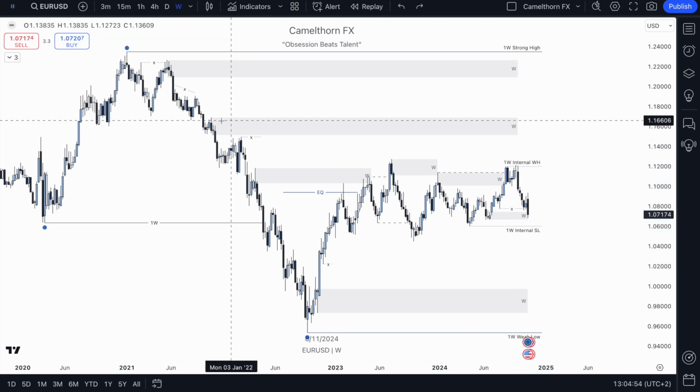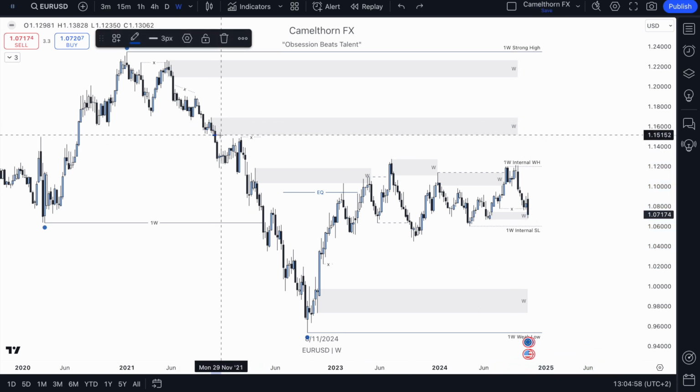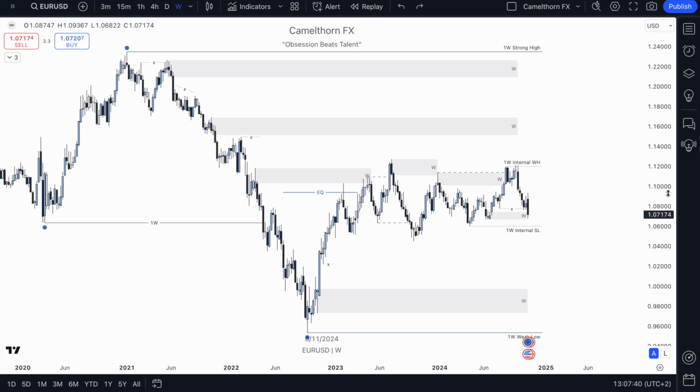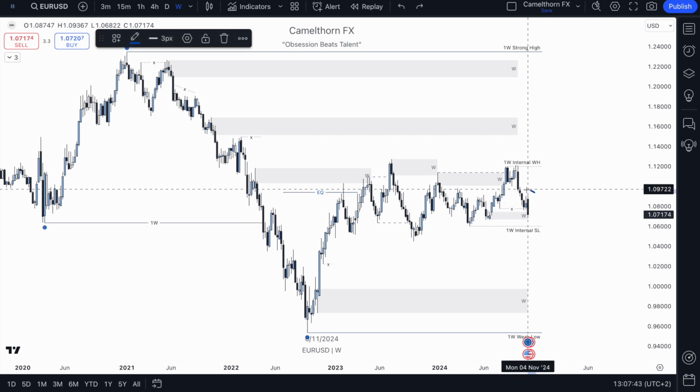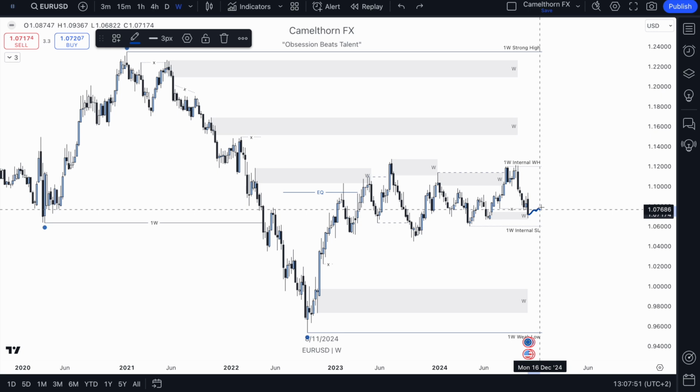And the reason I say that is because it is a well-priced POI that still has a little bit of imbalance left over, and that has this liquidity pool that sits just below it as well. Another thing that could happen in this area though, particularly because of the introduction of this strong bearish pressure this past week, is we could just see a very short-term bullish reaction coming out of this weekly demand zone before